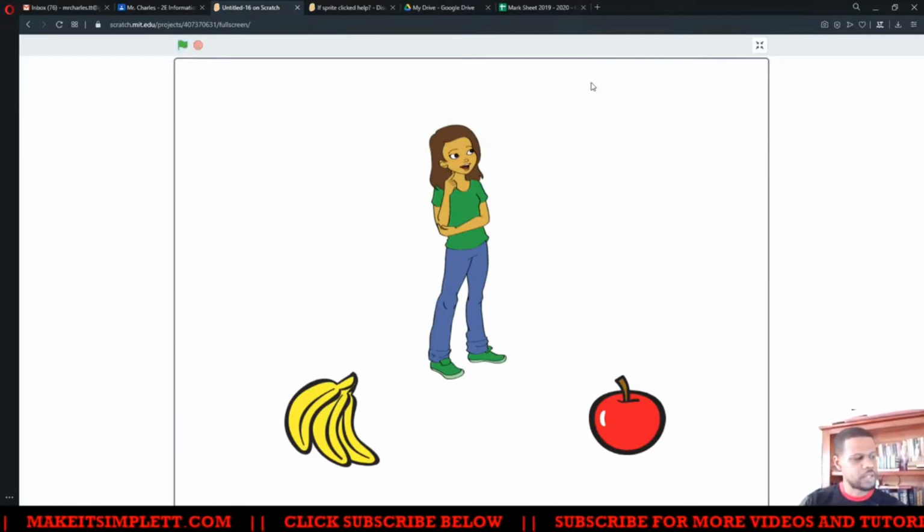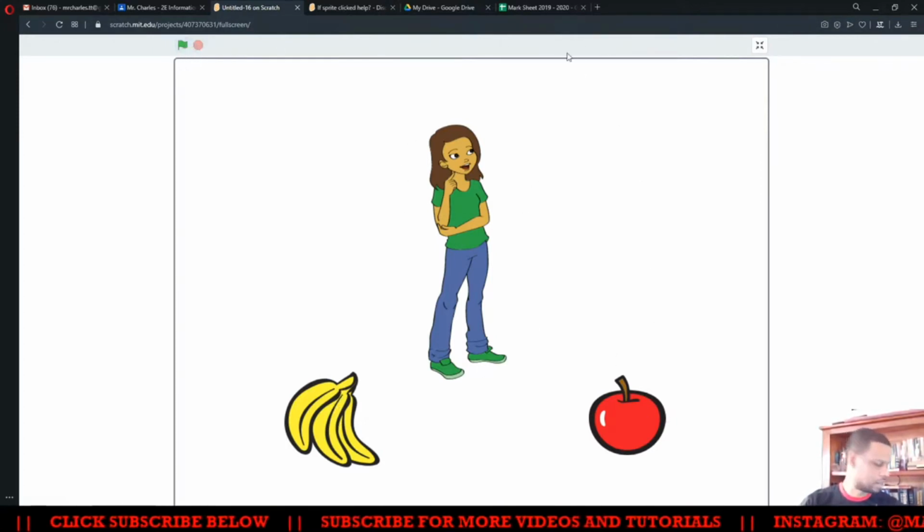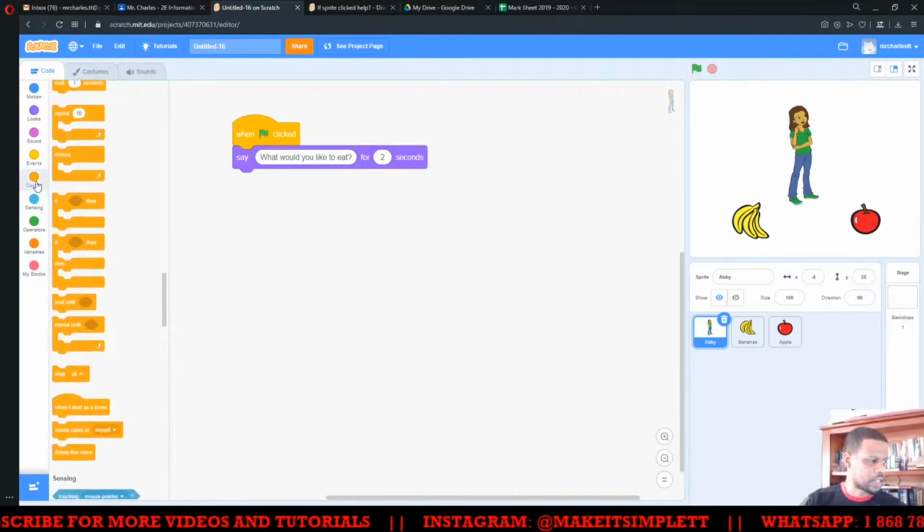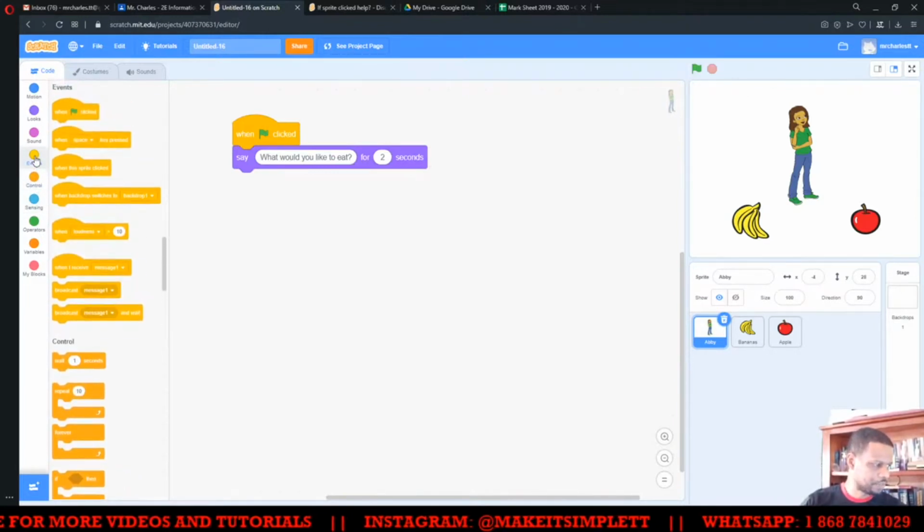And now I want to put something in place where they would click on the thing that they want to eat, and then the person would react saying, okay, cool, I am able to figure out what you're saying. So the first thing I have is when green flag is clicked, say what do you want to eat, and then wait for 2 seconds. The next thing I want to do is put in our next event, and I want to say